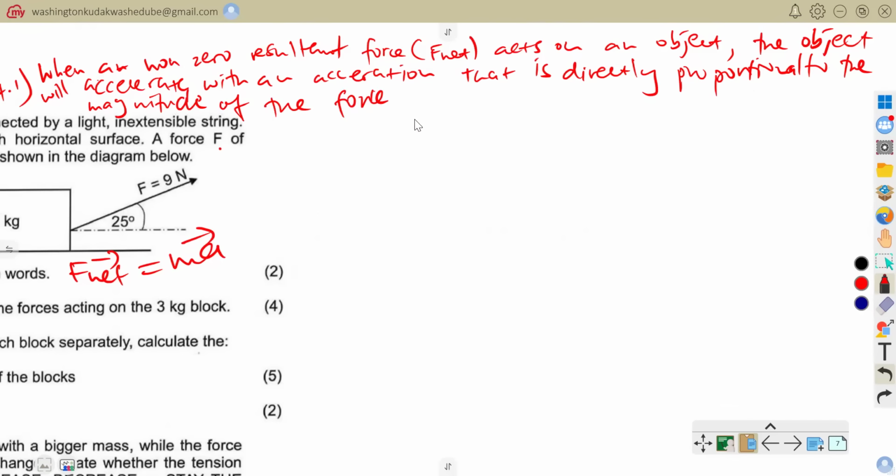So when a non-zero resultant force or net force acts on an object, the object will start to accelerate with this acceleration that is directly proportional to the net force that is being applied. So it will be directly proportional to the magnitude of the force applied,